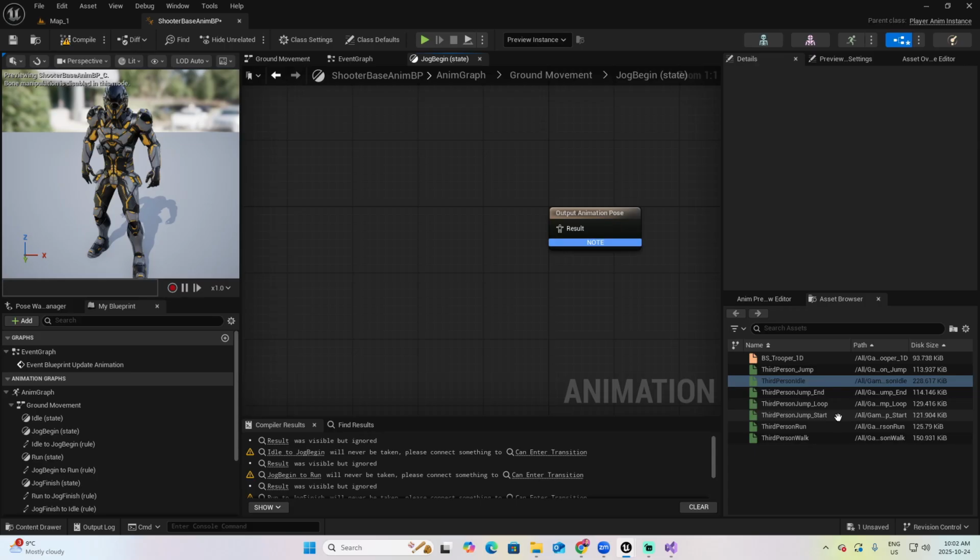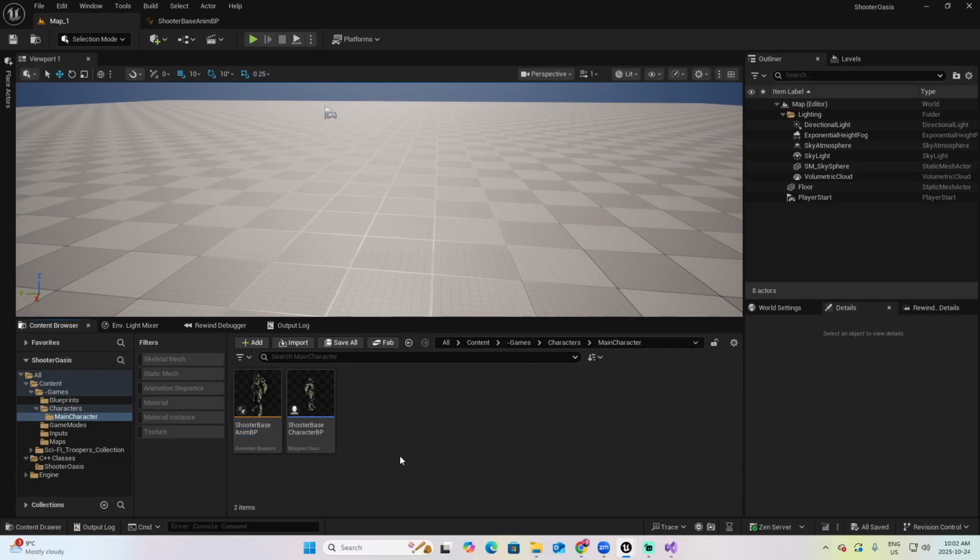So in this case, one option is to retarget animations, but I don't want to get into those details at this point. My goal with this video is presenting how to use an entire sequence of the state machine. If you are in a hurry to see how to retarget animation for characters, I'm going to leave you in the description a link to other tutorials where I present how to do it. But at this point, what I will do is just save this animation, go to map, and we are going